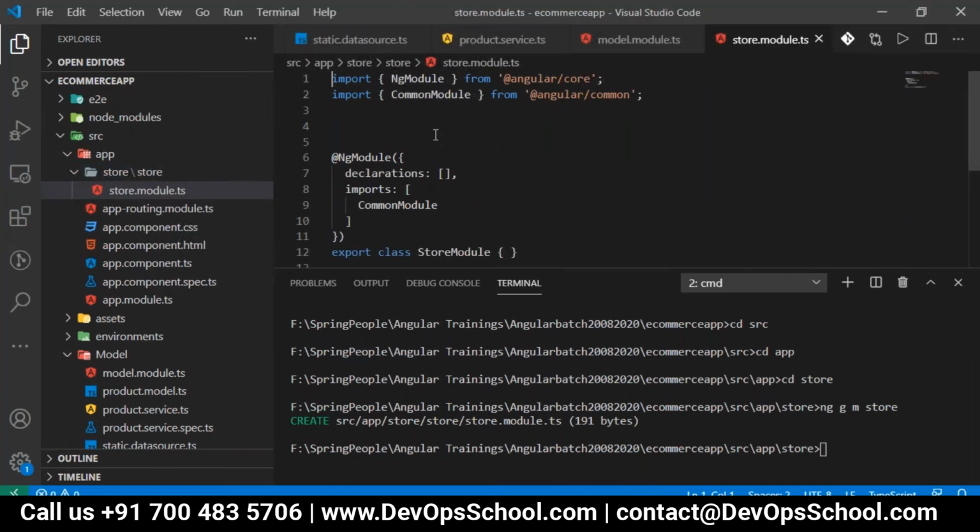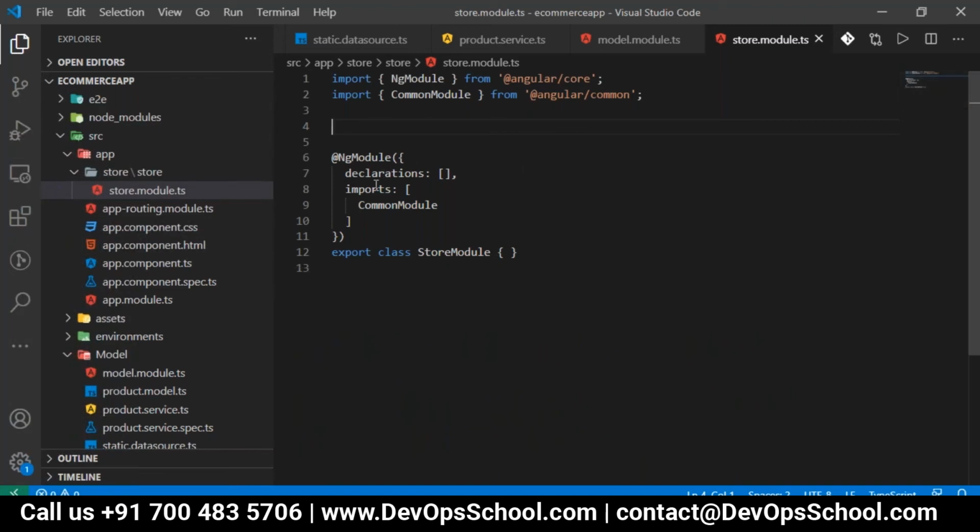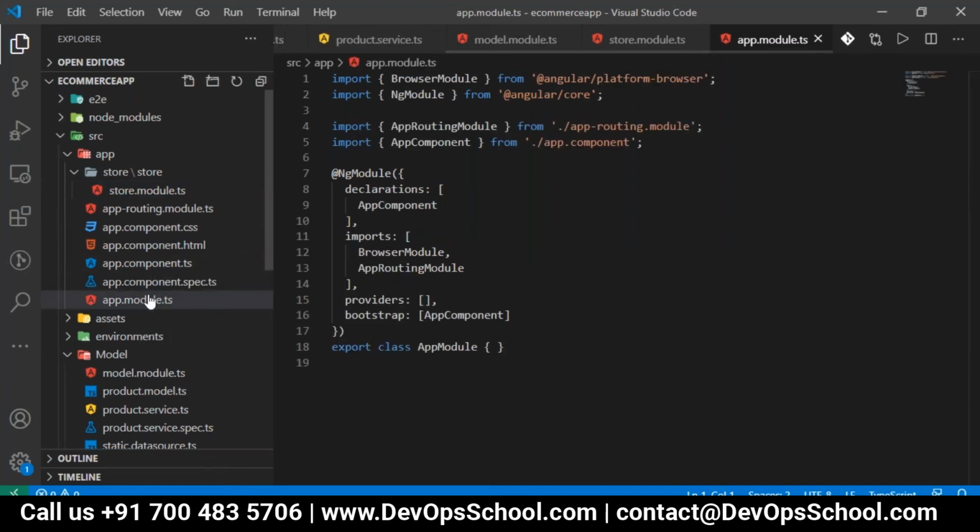You can see it's imported CommonModule. Whenever you are working with different modules, a multi-module project, it is recommended to import the common module. So we got imports CommonModule, and then we have the exports here. Now inside the store, if you create any component, that component will be registered to this module, not to the app component or the app module.